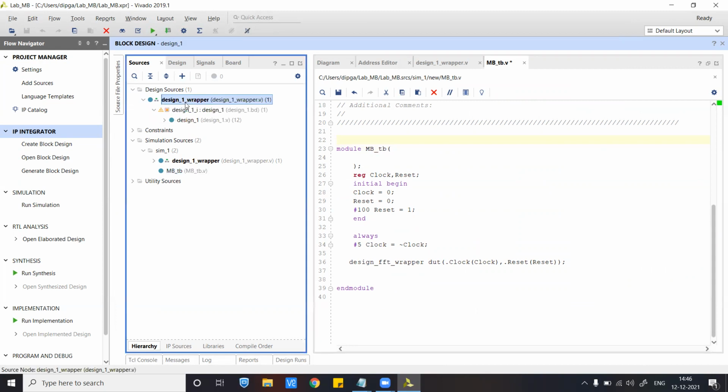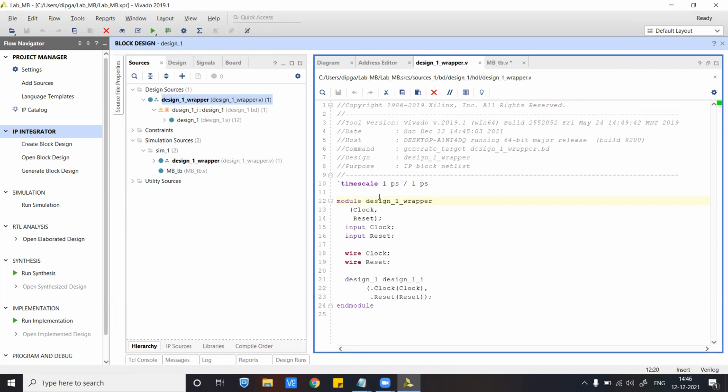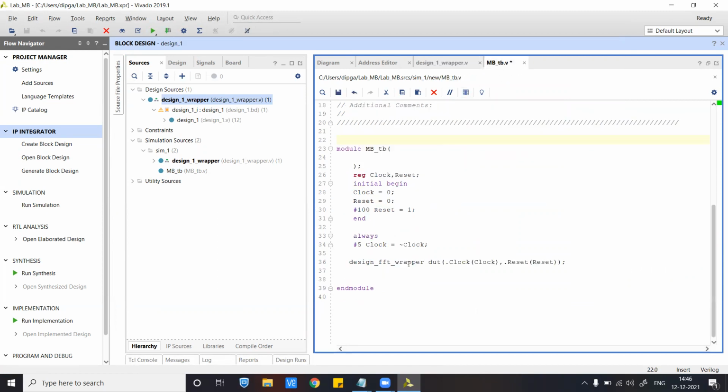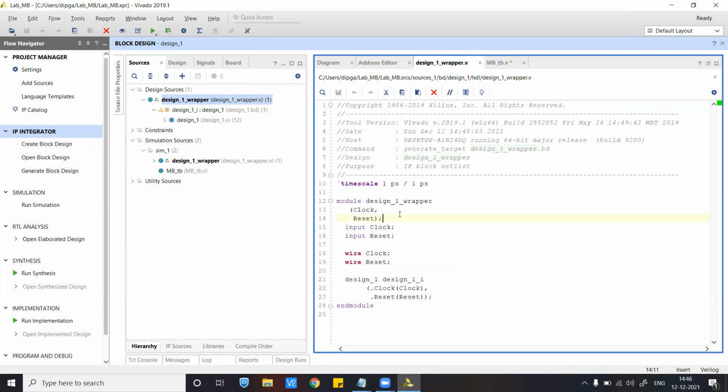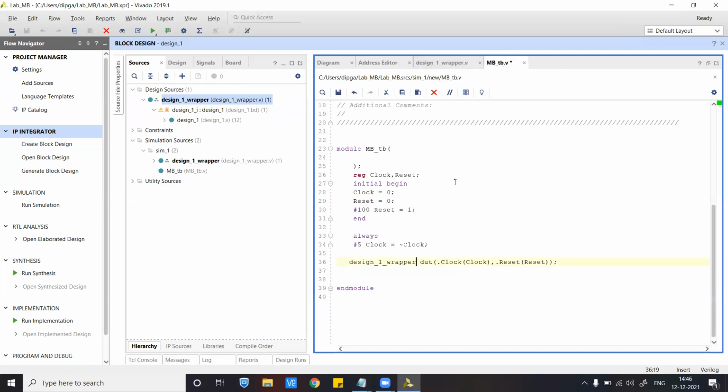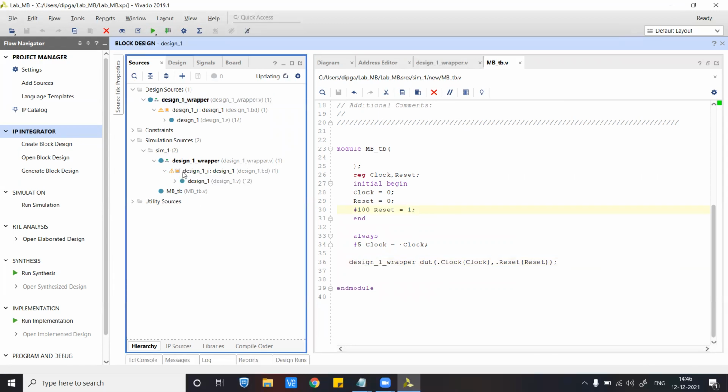Here you have design one wrapper, the name is similar. Let's save this one, and you will see that instantiation happens here. The design has been instantiated under my test bench.